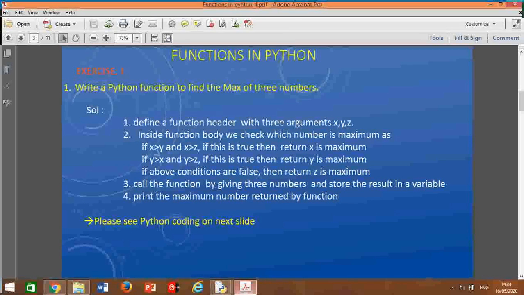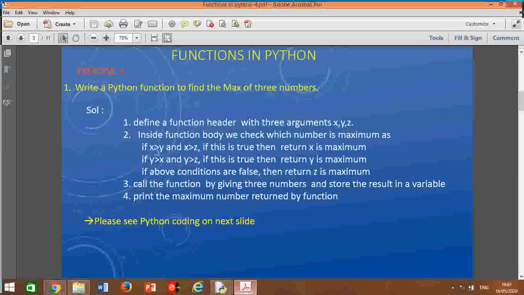First of all, before writing any function, what we have to decide is the name of the function. We have to choose the name related to the problem or the question. Let us say the question is maximum 3, then the function name is maximum 3 or highest of 3, whatever the name.